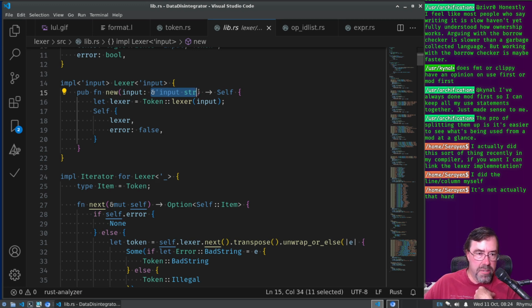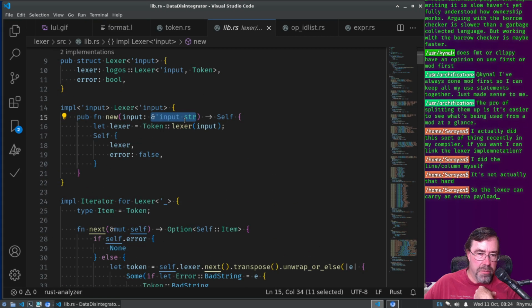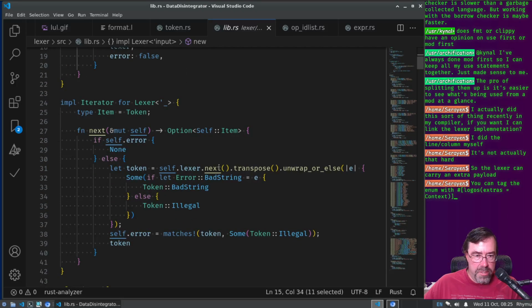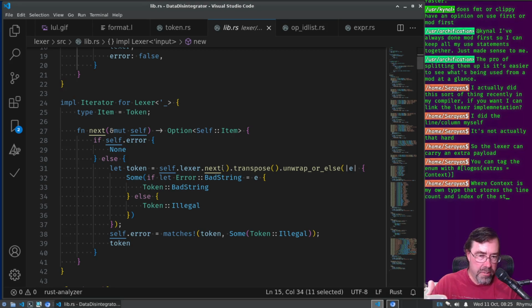Or maybe we just retain the input, so that we can get the slices for each line, and then we would have a count from byte to line number. When we get a span out of the lexer, we can focus in on the line it's in. The hard part is we have to go through every single character of the line to figure out the byte offset,